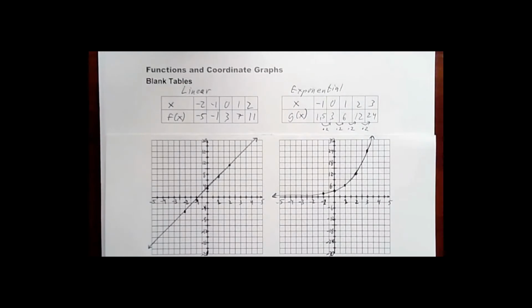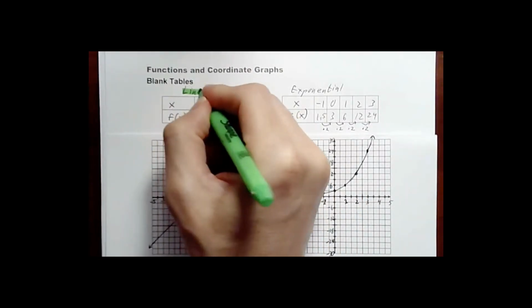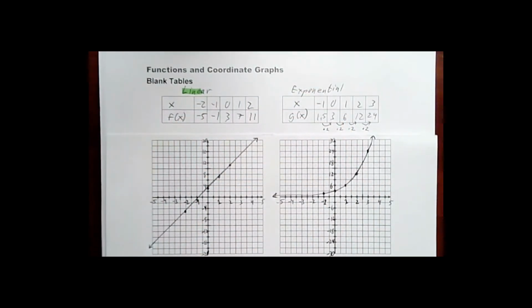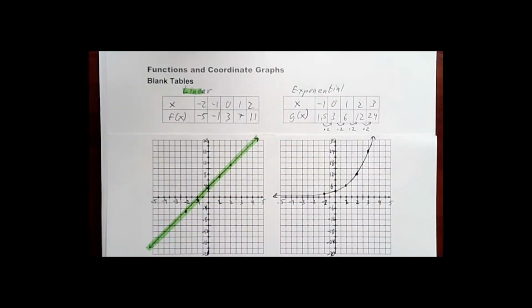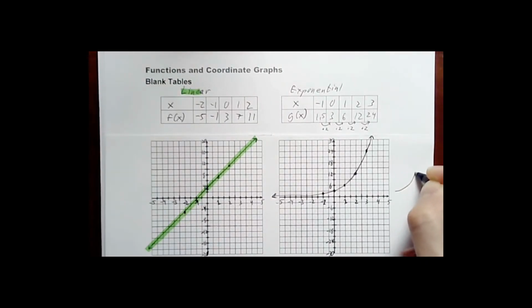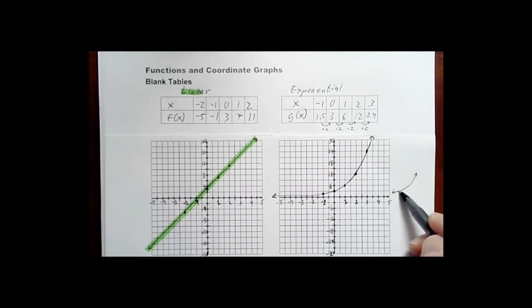When I look at these graphs, ladies and gentlemen, it is very clear what some of the differences are. To really quickly point out what I see, a linear is literally a straight line, and you can see that in the name for linear. In the word linear, you have the word line within it, and this is a straight line. Exponential, on the other hand, it curves, and it's kind of this J shape almost. It looks like this, and it always goes like that. It doesn't go back up, it continues to go downwards, but it does become flat here, while this continues to